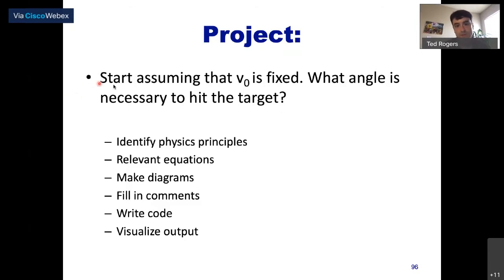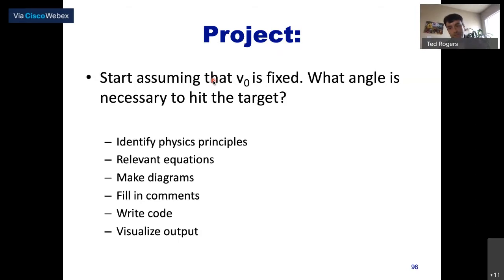Okay, so we'll start by assuming that the initial velocity is some fixed number. Okay, say that it's hard-coded into the game. Then ask what is the angle necessary to hit the target. Okay, so this is your first challenge, the first thing for you to do on your own. Okay, maybe we can build up from there.